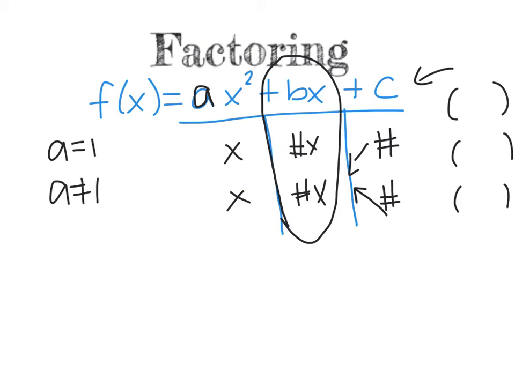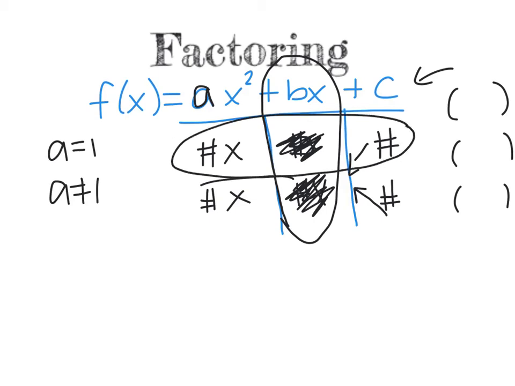This was always possible, as long as you started including other numbers here in the front, if that's a possibility. Either way, once you find the correct match and add it up to this b term, the middle was just to check our work, and our factors were always going to be written horizontally. That's how we would write our factors of this notation. And our solution would end up being